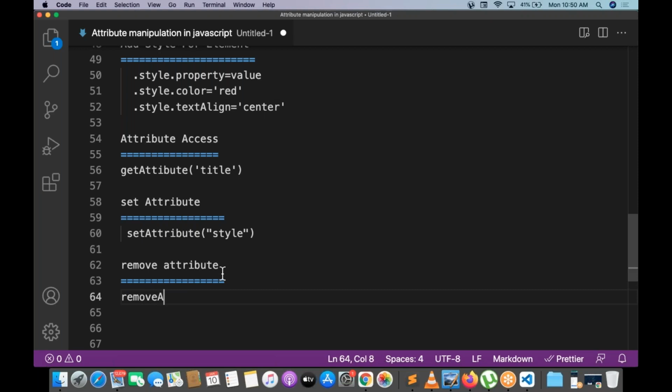See, methods are very simple. Just try to remember and do the practice. Whenever you are doing the practice, the only problem is camel case. If you are missing the case, if you are missing the capital letter to small letter or small to capital letter, you have to check the browser console, identify the error, resolve the error.